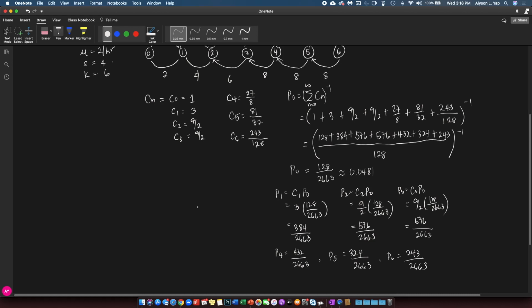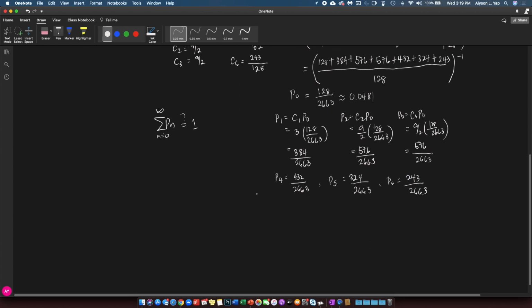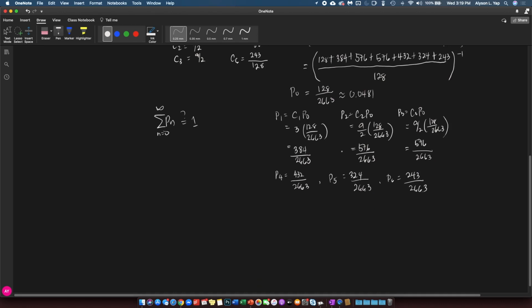And all you have to do now, just to confirm if these values are correct, is to get the sum of your P sub n from n equals 0 to infinity and check if this is equal to 1. And you may want to just compute for it. If you add this, and this, you will actually get a sum of 1. Now that you have all of your P sub n's, so you have your P sub 0 to P sub